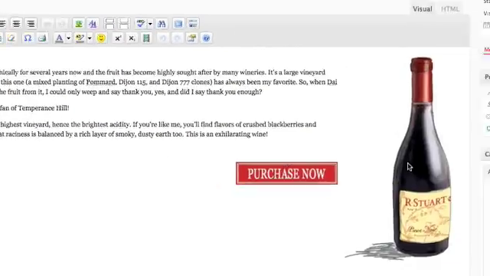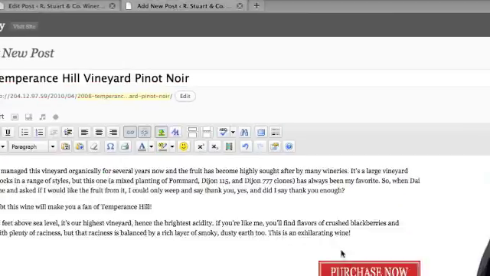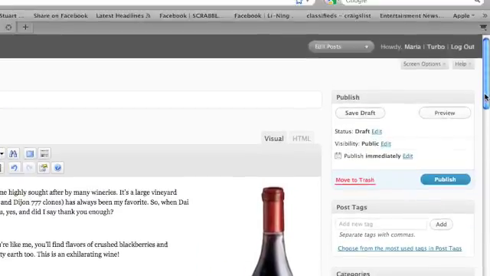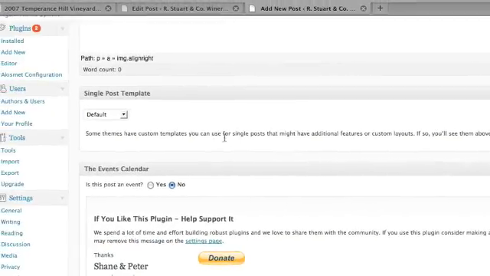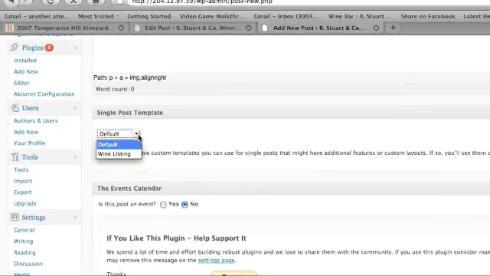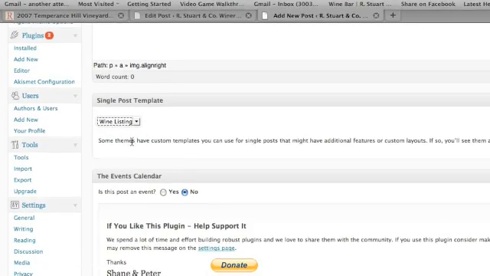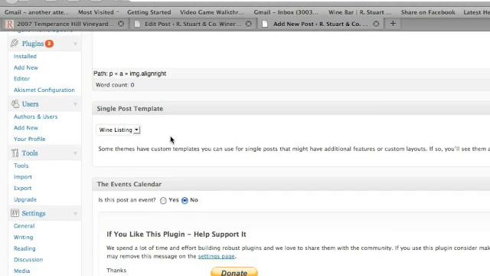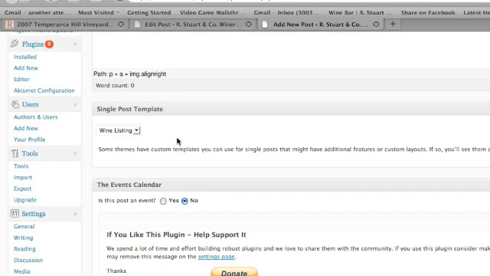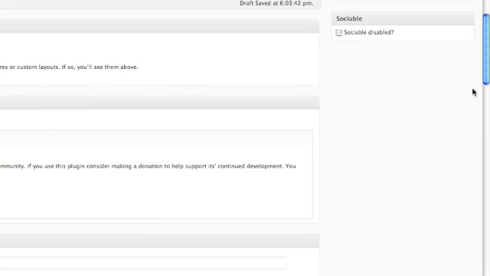So you've copied and pasted this information over, and if we start scrolling down here, you're going to see the next very important thing, which is the single post template needs to be as wine listing instead of default. Making this wine listing means that all the data that you're going to enter below will actually appear. It wouldn't appear if you make this default. So wine listing. Let's continue to scroll down,